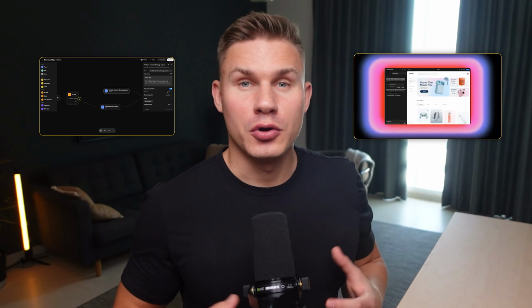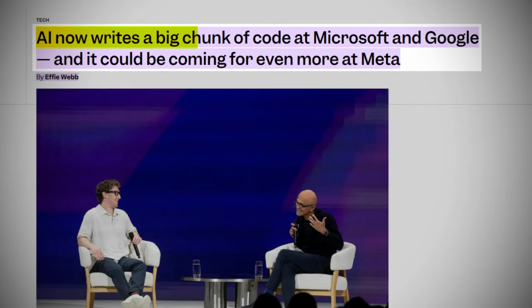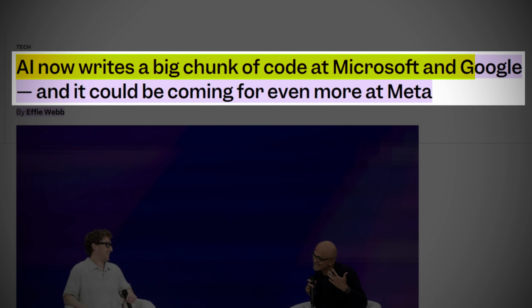And so I think the same thing is going to happen with agent building as with vibe coding. Although today most of the code at big companies is already written by AI, the time it takes us to review code almost hasn't changed. And in fact, it's probably only going to increase now that AI can generate more and more code autonomously.